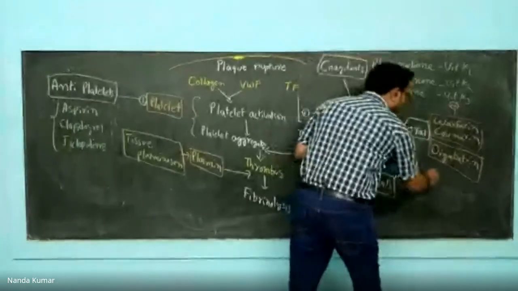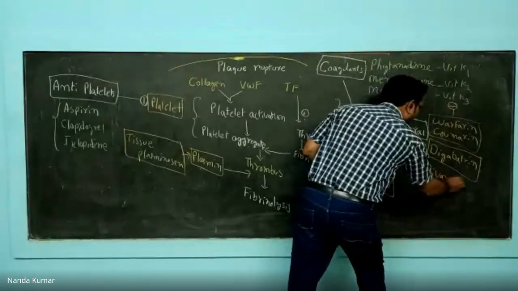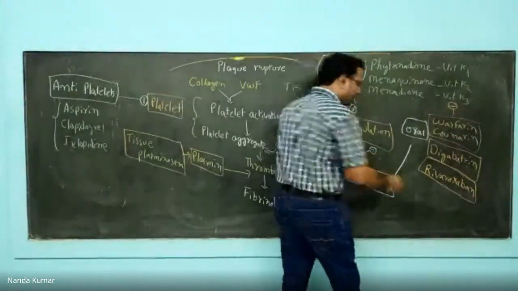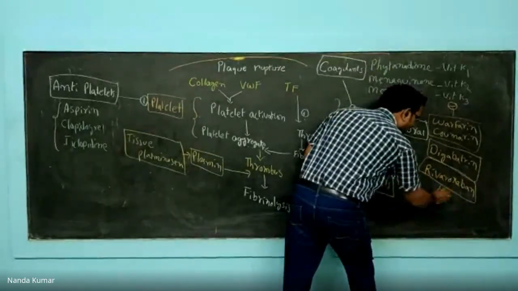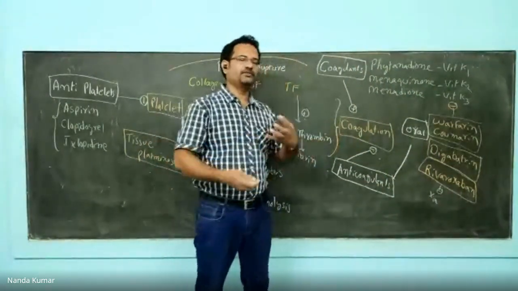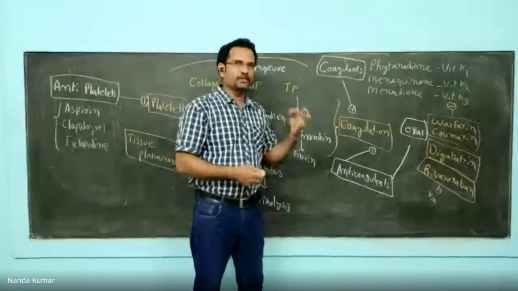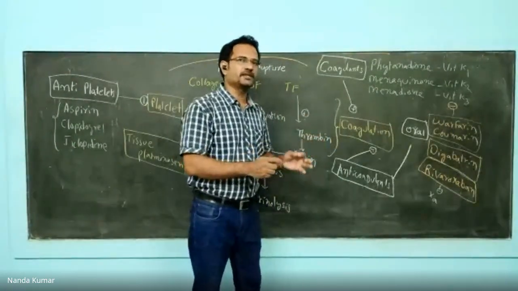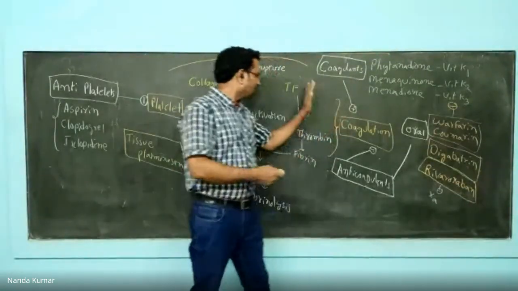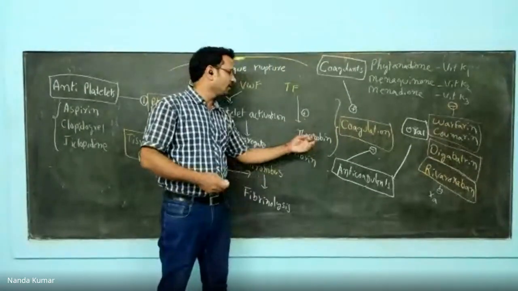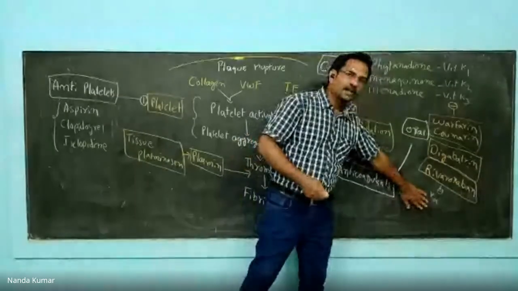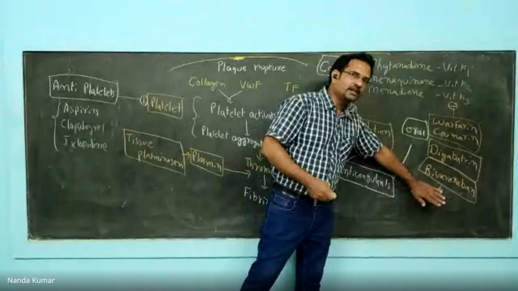Now, there is one more drug known as rivaroxaban. Rivaroxaban inhibits factor Xa. Now, see, among coagulation factors, there are a lot of factors. Factor Xa is known as Stuart-Prower factor. It is a serine endopeptidase. It is an enzyme responsible for the activation of a lot of coagulation factors. See, this coagulation is a big process. I have simplified it and told you only thrombin to fibrin. A lot of intermediates are there. All the intermediates will get activated by factor Xa, and that factor Xa is inhibited by rivaroxaban.